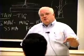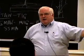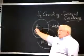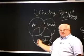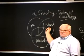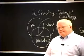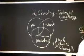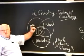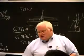Yes, sir. They go to these accelerated cooled steels, these thermomechanically treated steels, and at the strength levels they're dealing with, like 50 KSI, probably the maximum, it's almost impossible to hydrogen crack those. You can't get enough stress. It's a combination of all three factors. If your strength is low, the maximum residual stress you can get in a 50 KSI material is 50 KSI. So if we are looking at this map, we want to go to the edges, not the middle, where the overlap is the dangerous area. You have to have all three, so if you eliminate one, you decrease the probability of a crack. Absolutely. To give you an example,